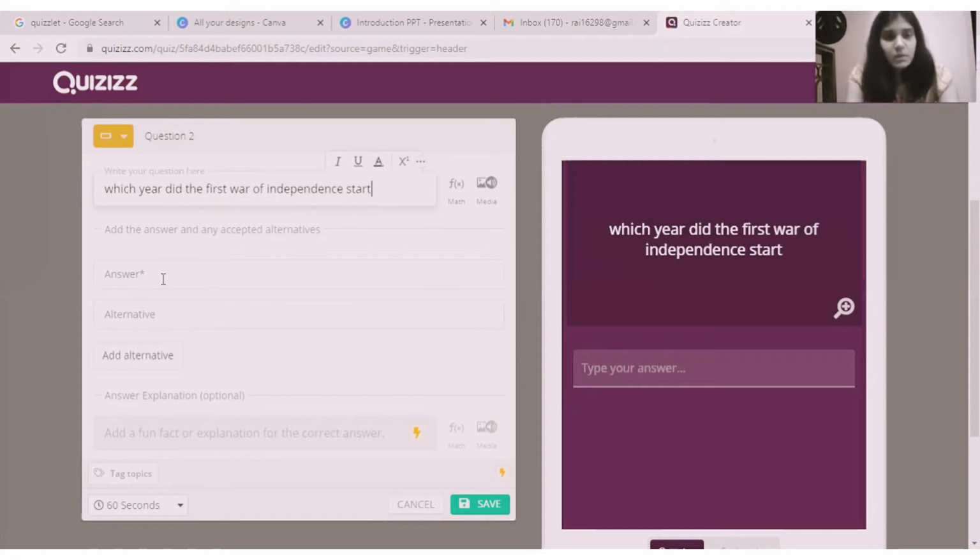Okay, I will write the answer here so that at the end, when the students are solving it, they get to know if they are writing the right option. Here I will write.